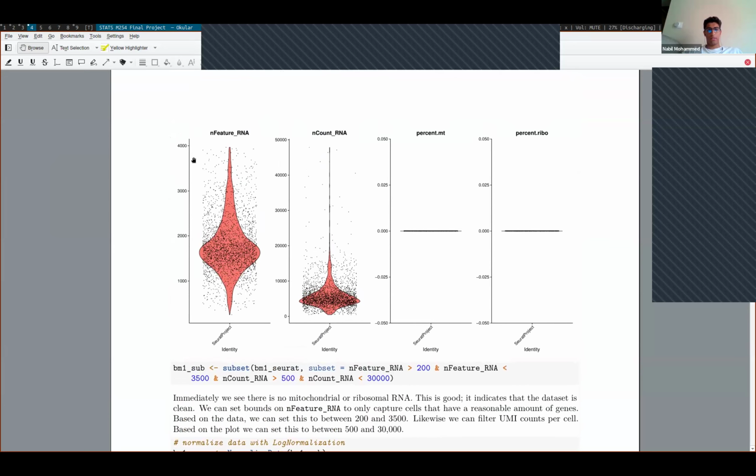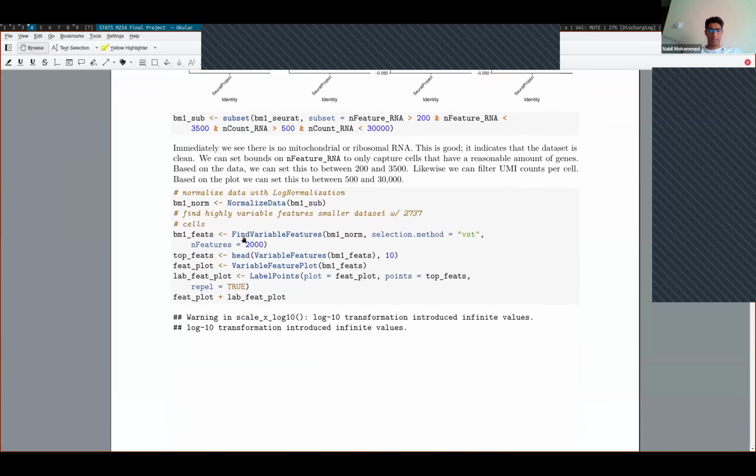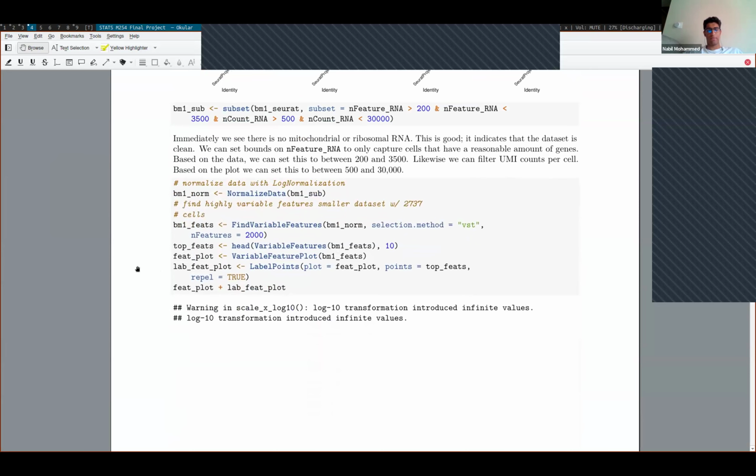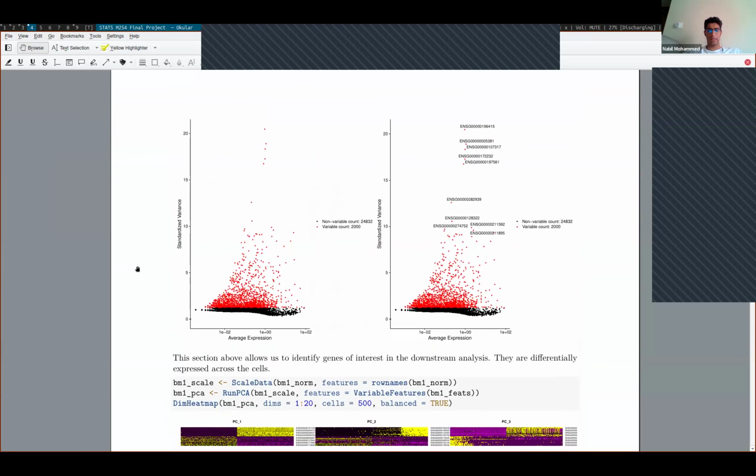And then based on both of these violin plots, I chose to subset my data based on the nFeature_RNA. I chose to go between 200 and 3,500. And then based on nCount_RNA, I went between 500 and 30,000. I then proceeded with log normalization, and I found the variable features, and I plotted these in